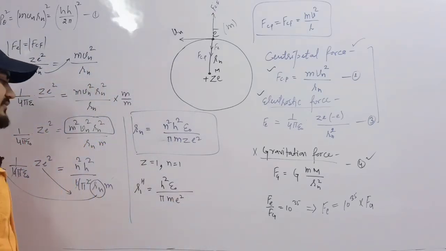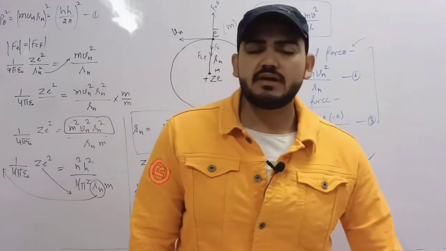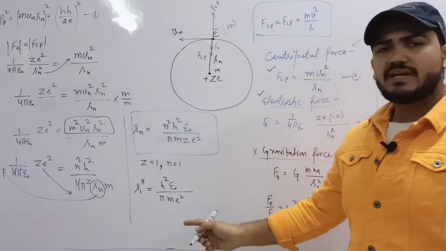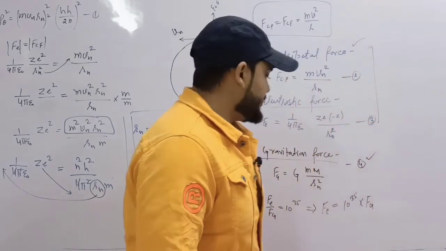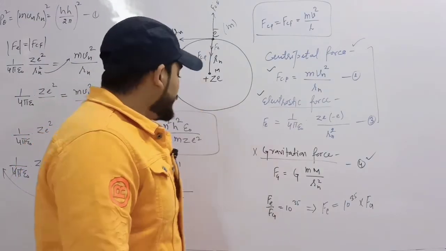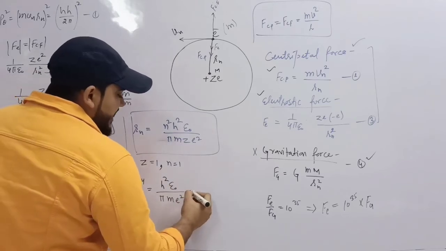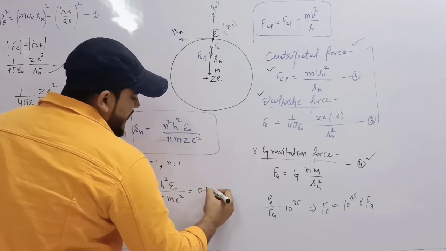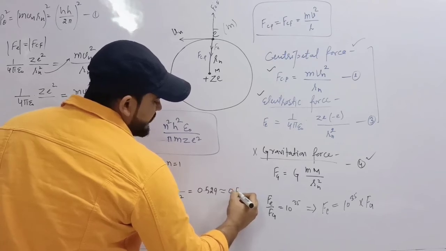Okay, we are very well familiar with the values of all these terms, that is epsilon naught 8.854 into 10 raised to power minus 12. This pi is 3.14, m, that is mass of electron, we know that 9.11 into 10 raised to power minus 31 kg. And the charge on electron is 1.6 into 10 raised to power minus 19 coulomb. That is, all these quantities in the equation are constant, and when we put the values of all these parameters, we found that this is 0.529, and this is equals to 0.53 angstrom.